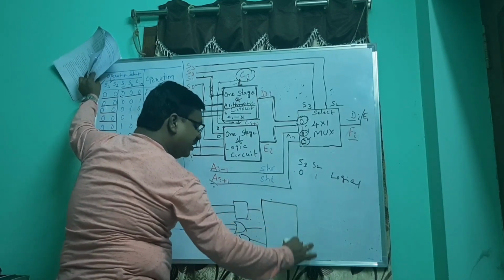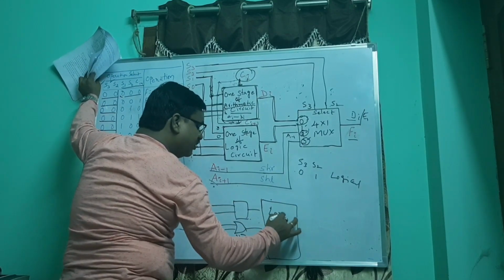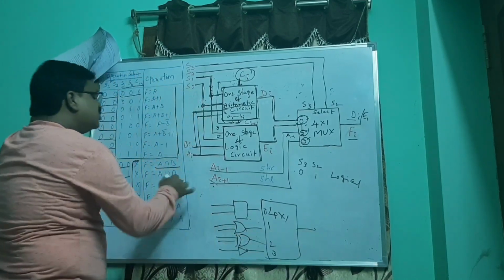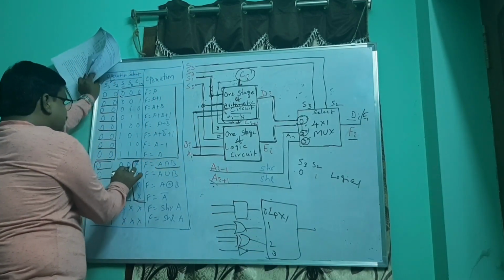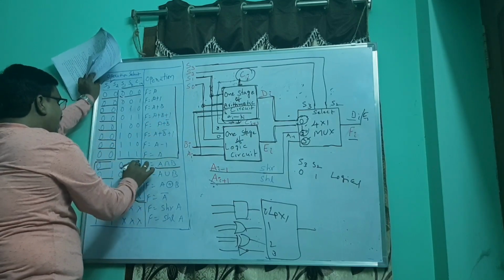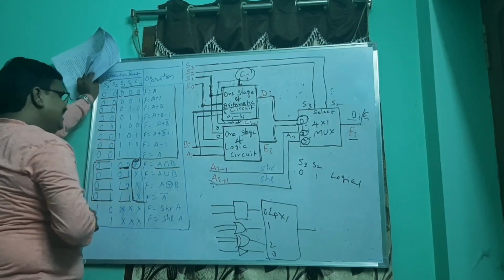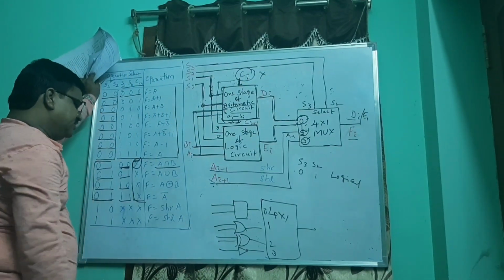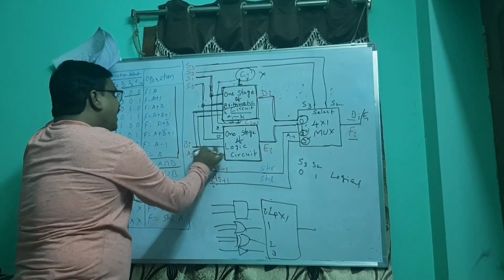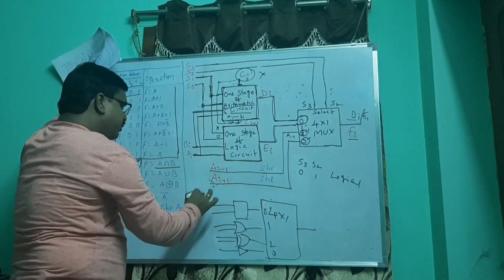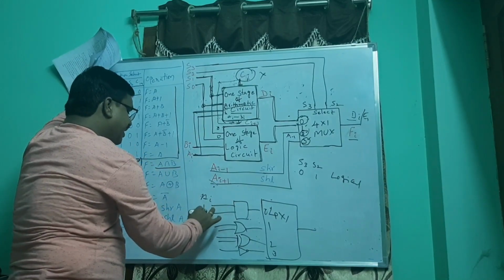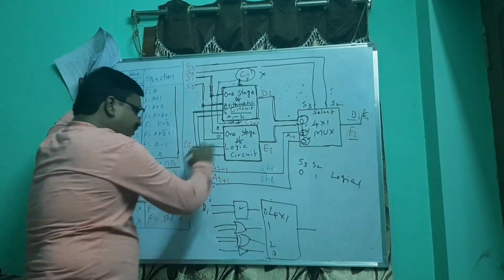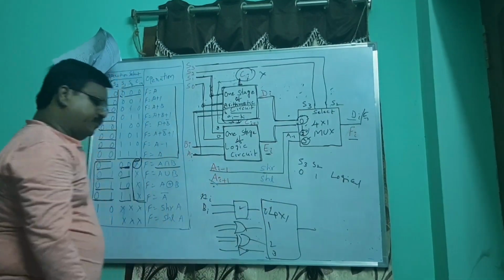These 4 are given to a 4 by 1 multiplexer, inputs 0, 1, 2, 3, and 1 output will be there. So when S1 and S0 are 0, 0, and the value of C_i is a don't care condition, you can say high impedance state, A_i and B_i are the 2 inputs, and between these 2 an AND operation will be performed. That will be given as the output.